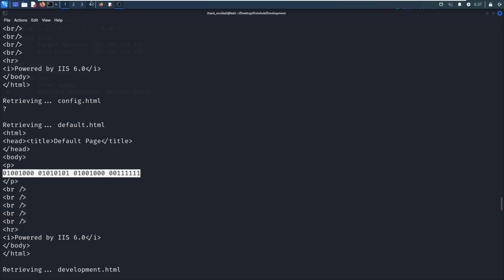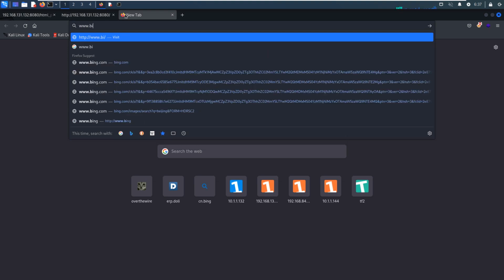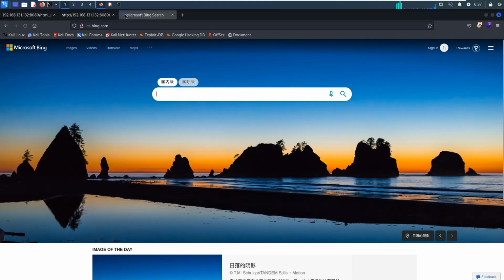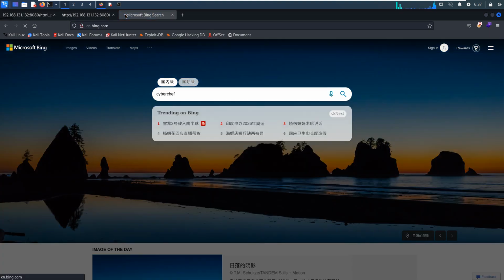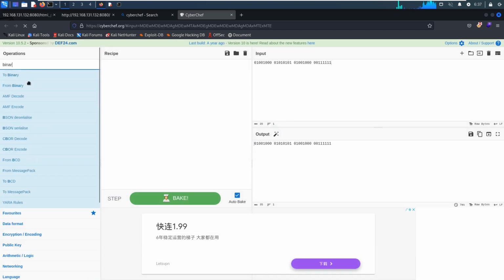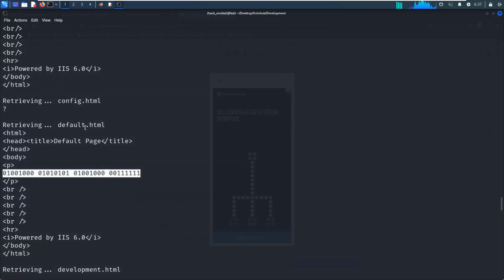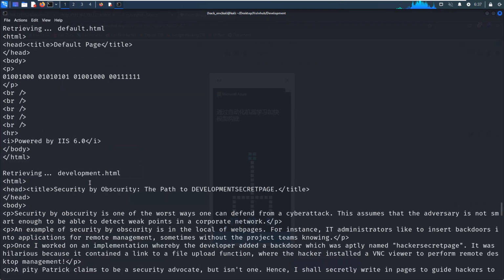We can copy and go to CyberChef to decode. So paste in here, from binary, and we got something, but no meaning. So next, let's move forward.